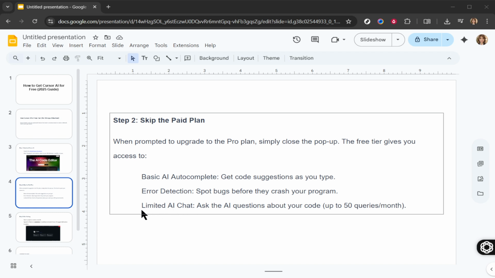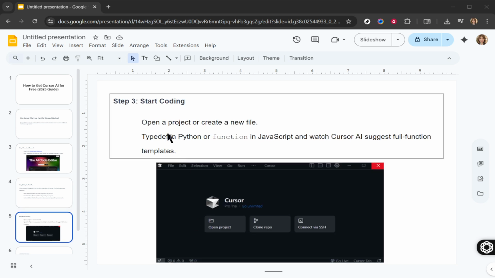However, it's important to note a few limitations. The free tier doesn't offer advanced features like code refactoring or unlimited AI chat availability. Despite these restrictions, for anyone learning the ropes or working on small-scale projects, there's plenty of functionality to support your